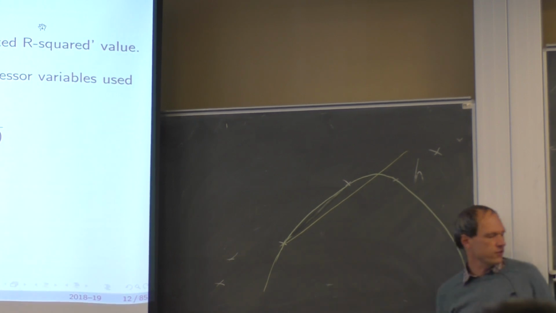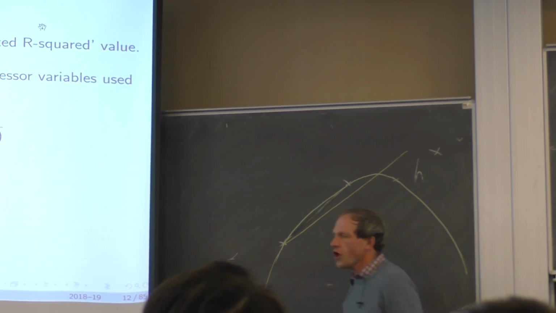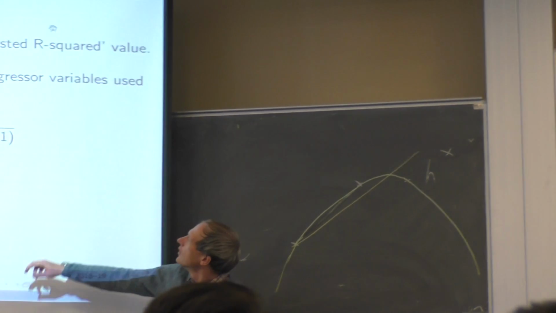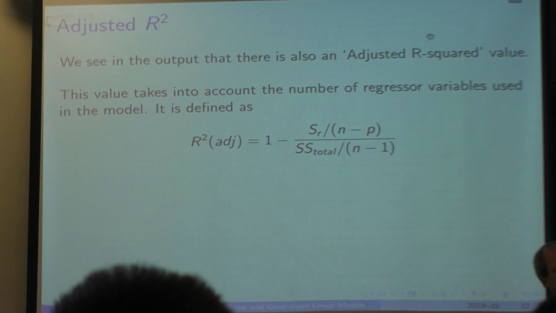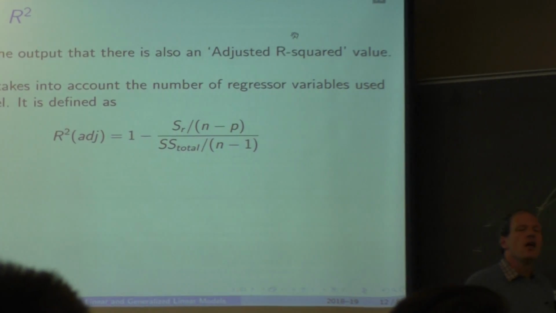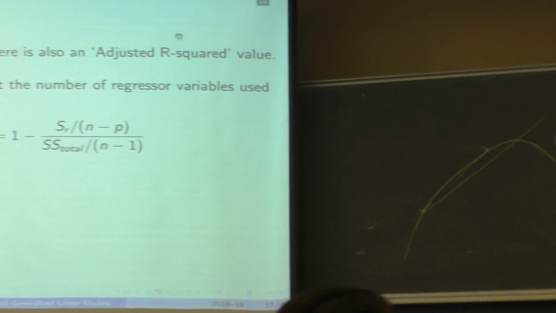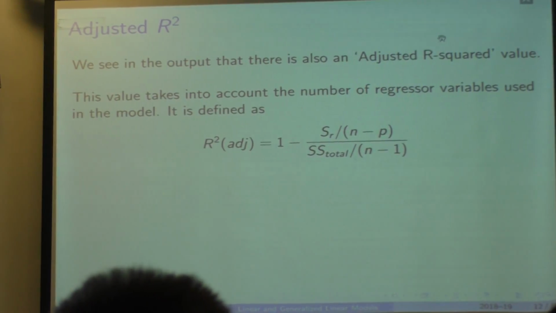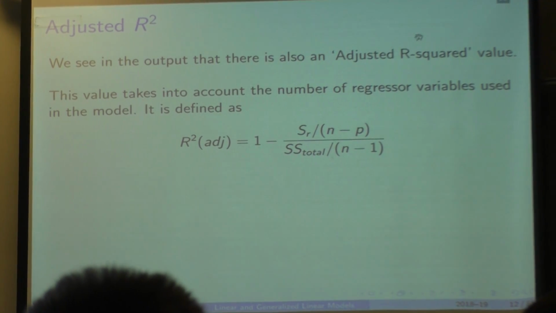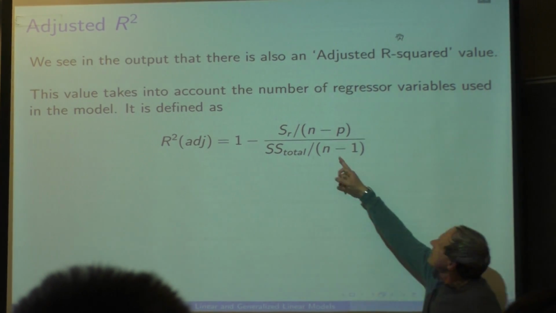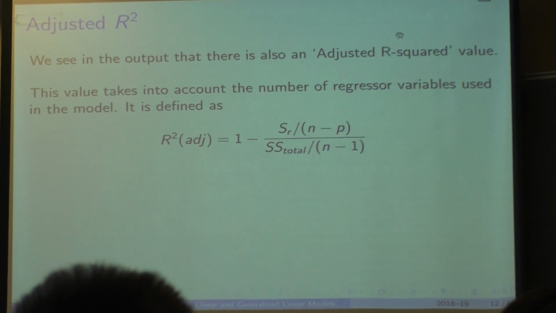The adjusted R squared that I've defined here is going to do something different. If you have enough parameters that you fit your points exactly, so in my picture here, n was 3, we had 3 data points. In a quadratic regression, p is also 3, because we fit a constant term, a linear term, and a squared term for the quadratic, so we have 3 parameters. So n minus p is actually 0 for fitting a quadratic to 3 points,